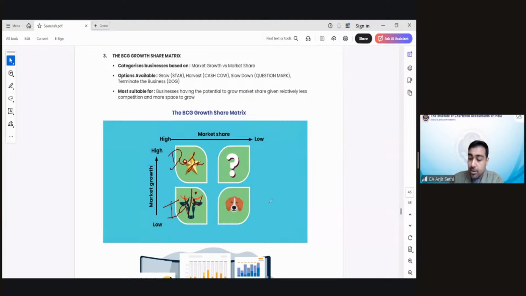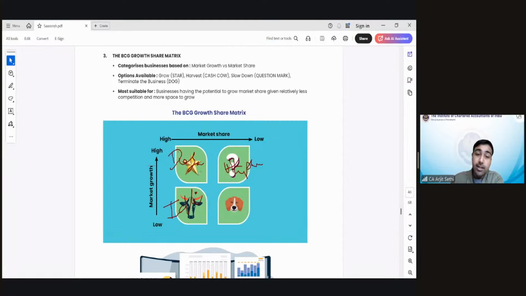But nobody is coming to you for this uttapam. People are coming to you for your dosa and idli. People are not coming to you for your uttapam, even though you sell uttapam. And there's a huge market for uttapam now because it is healthier than dosa. Somehow people feel. So your uttapam for you, is it a question mark or a dog? Is it a question mark or is it a dog, my friend? Your uttapam is a question mark.